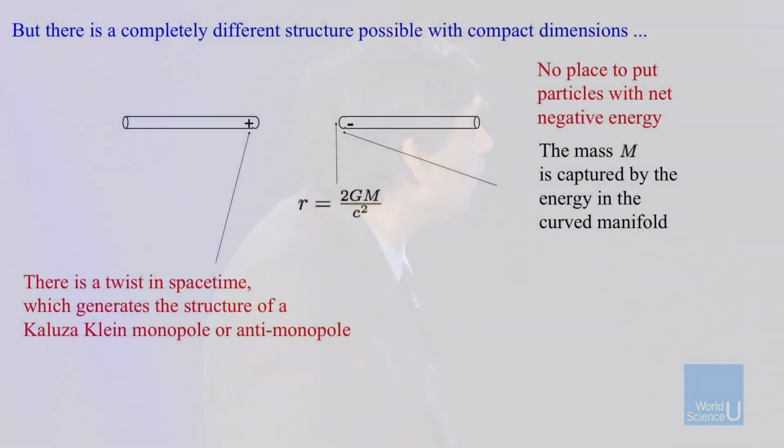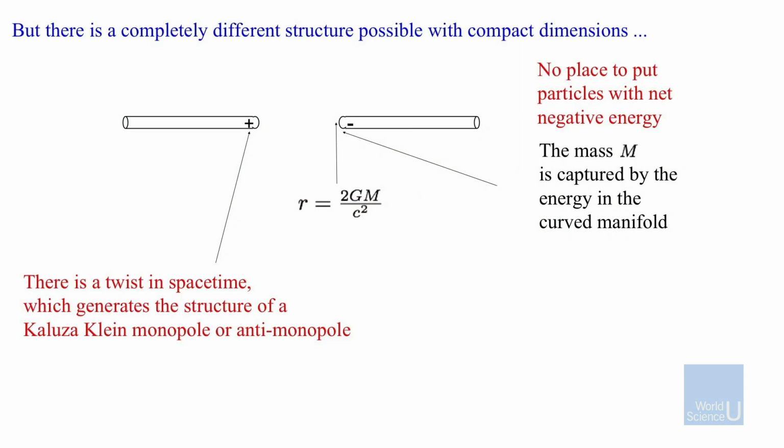But actually, there's something you can do with the straw, which you couldn't have done with the line, which is radically different. And let's see what you would do. Take the same straw as before, and this was the radius we call the horizon radius. Take a pair of scissors and chop off this piece from here and throw it away. The entire interior of the black hole is not part of space-time. We'll discard it. Now, how can you just chop off a piece of space-time and lose it? What about the open ends you get? You can't just come up to there and then say, I have no place to go. You can't fall off the edge of space-time, but you won't.